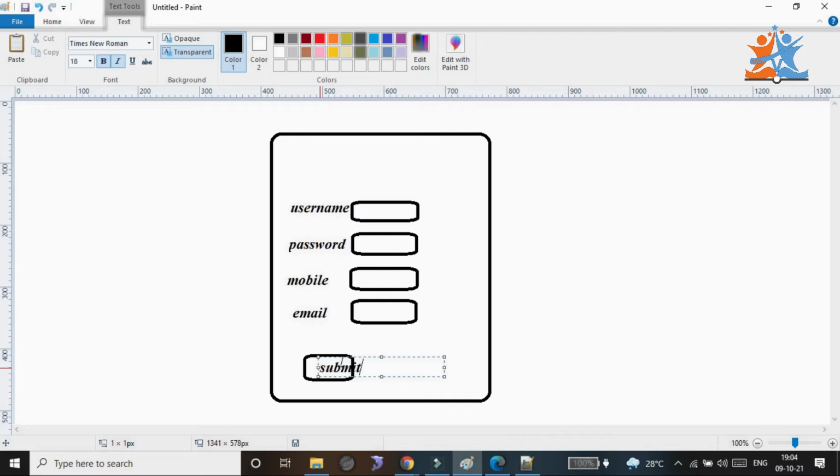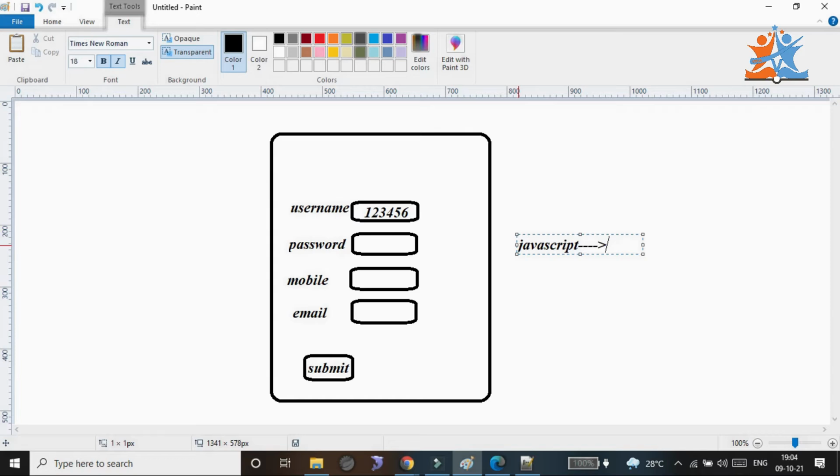If I enter 1 2 3 4 5, is this a valid type of information? No, it's not valid. These cases were handled in the previous days, not in the latest days. In previous years, we checked this content with the help of JavaScript. But nowadays, we don't want to use JavaScript for the validation of forms. We can call this one a form.